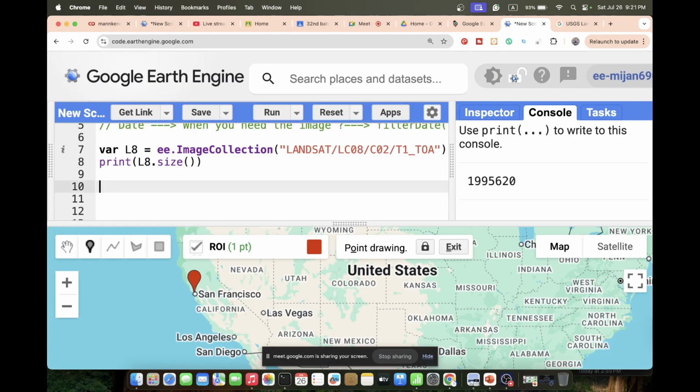For that, just take a variable. Suppose I put the variable name filter region. And call the L8, because this variable stores all of the images for the whole world, but I don't need the whole world. I need the image only for this point. So I call the L8, because L8 stores all of the images. Just I put this variable L8,